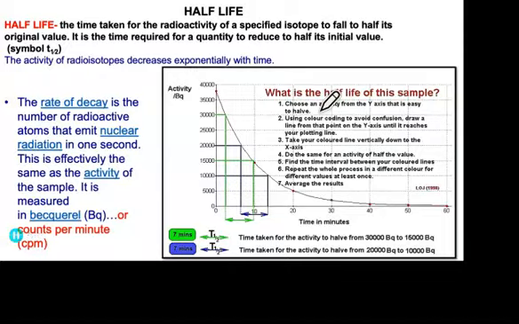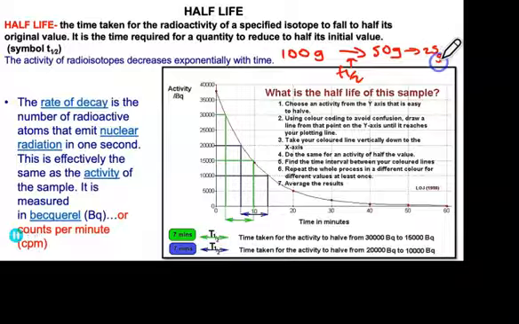Now, if you have 100 grams of a sample and it decays to 50%, to 50 grams, the time taken for the sample to decay or break apart from 100 to 50 grams is called what? The half-life. Now the 50 is going to change to 25. The same half-life is a constant. The 25 is going to change to 12.5, 12.5 is going to change to 6.25, 6.25 to